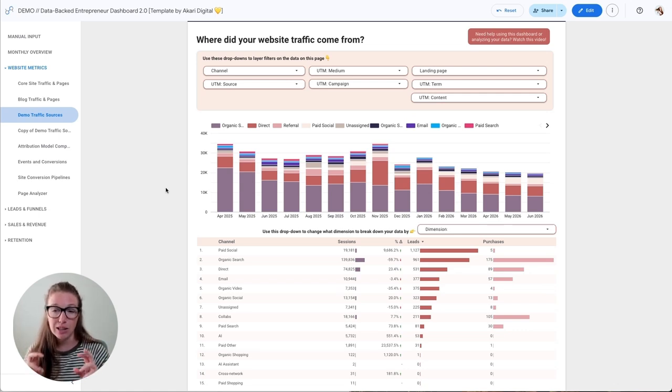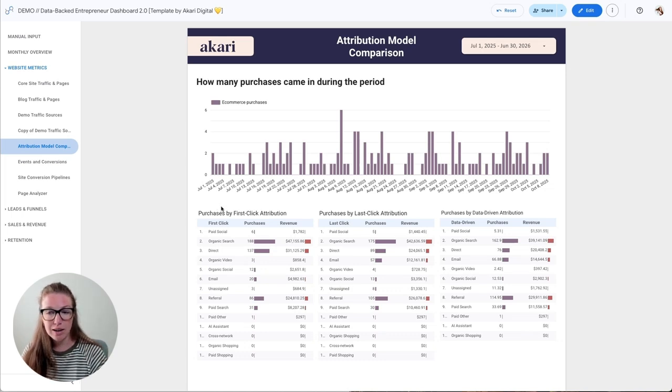This is looking at what is called last click conversions. So they need to have clicked that ad and, in that same session on your website, then gone and purchased or become a lead in order for them to show up here. If I want to see more of that full picture, then I can look at this dashboard, which gives me the ability to break down first click attribution versus last click attribution versus data driven, which is Google Analytics' algorithm-based thing where they'll look at the number of touch points from a particular channel and how close they were to the conversion timeline and kind of divvy things out.